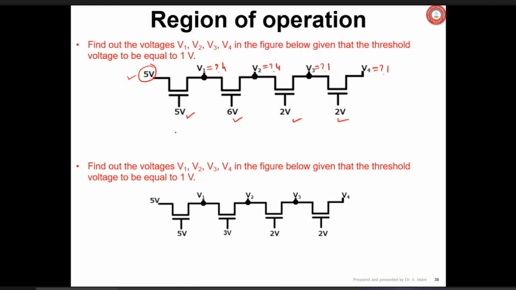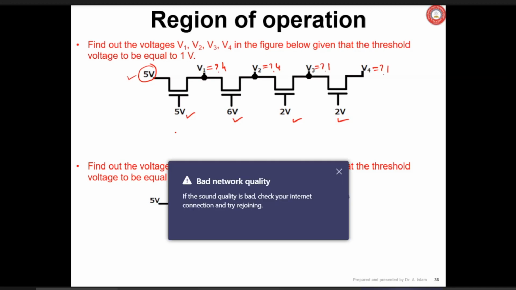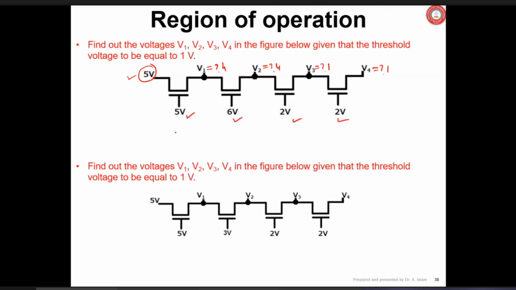So the assumption was that VT is greater than VG minus VD, so it will be equal to VG minus VT. Okay, in this case, why is it 1 volt? In the V3 case, V3 is 1, VD is greater than VG minus VT, so it will be equal to